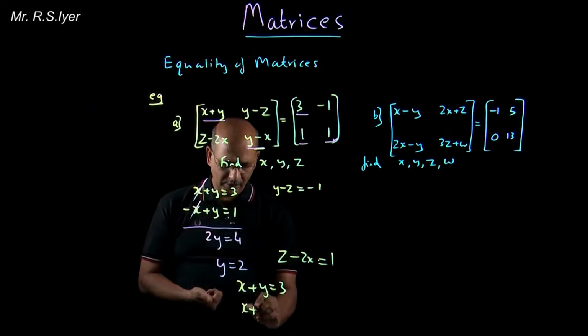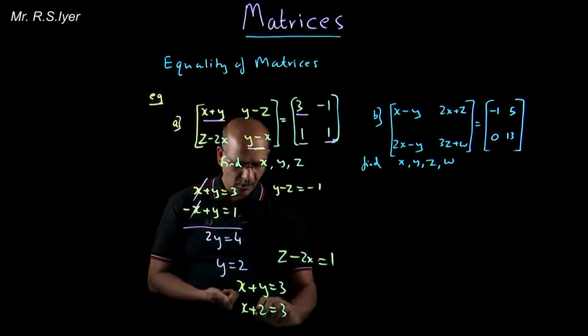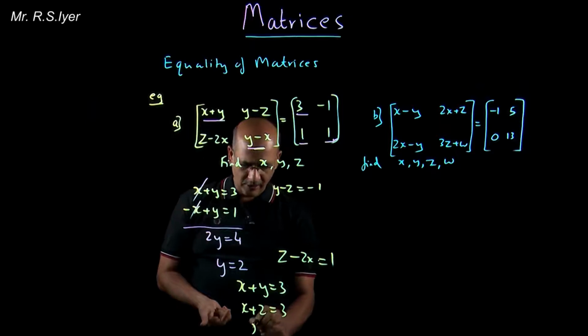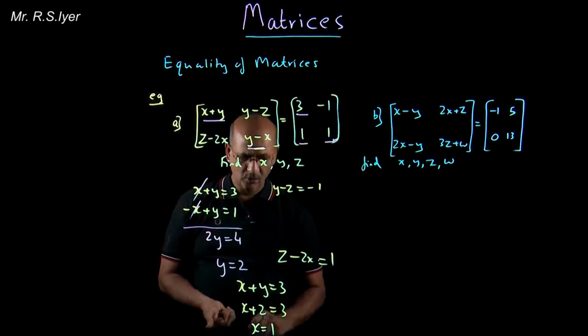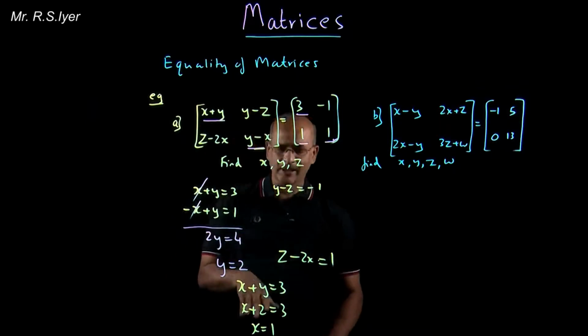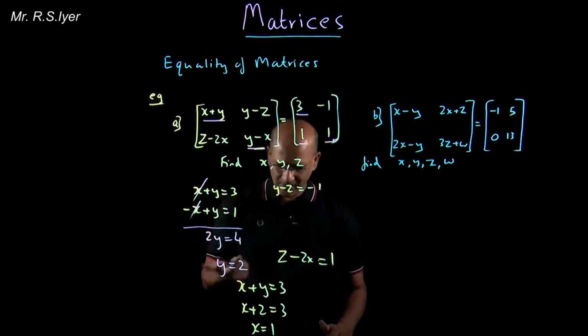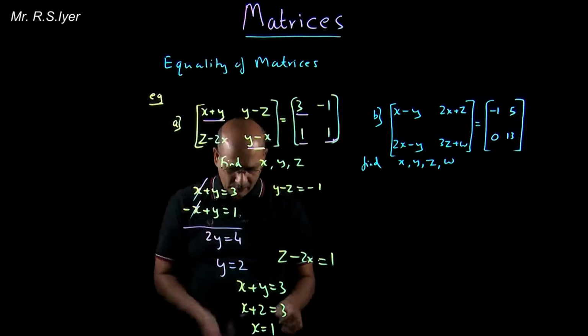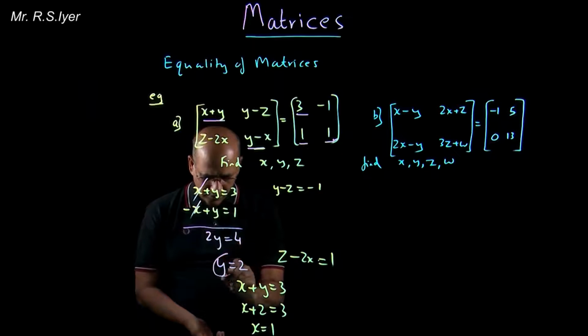So x plus 2 is equal to 3. So take 2 this side. So finally x will be equal to 1. So once I got x equals to 1, children, that's fine. Now I got x equals to 1. I'm just rounding it off now here in this case,